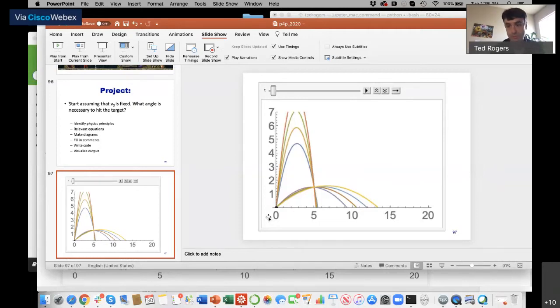The rest of the breakout rooms will be dedicated to helping people get going on this project. Maybe take a little bit of time to do it on your own, and we'll have TAs and me going into these breakout rooms, providing some help. And don't forget that there's also the Slack channel that you can ask questions in. So with that, I think we'll switch to the breakout rooms, unless there are any urgent questions that I need to address right away.